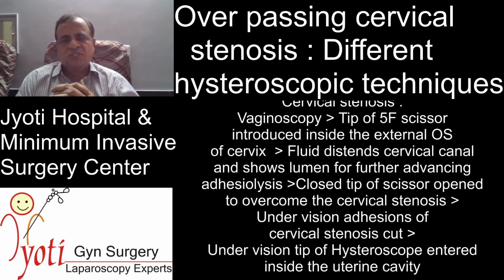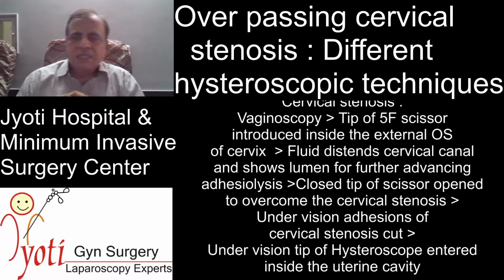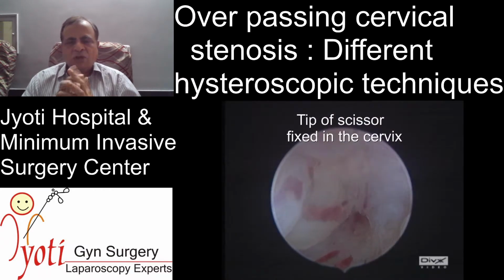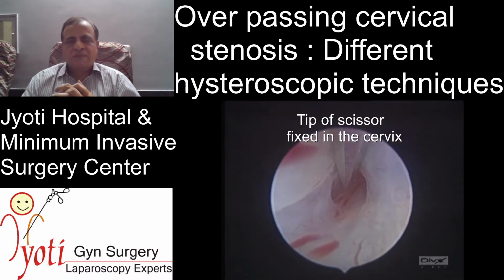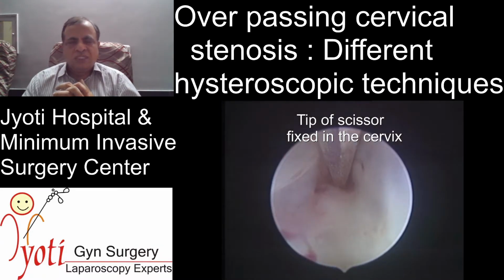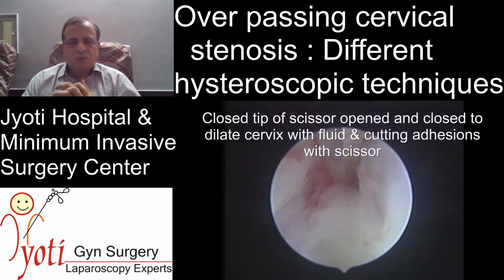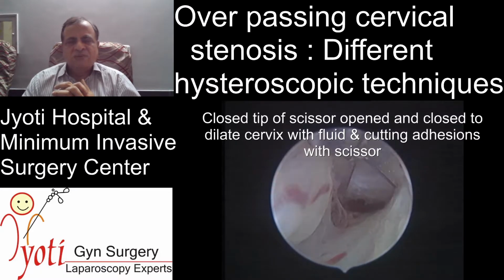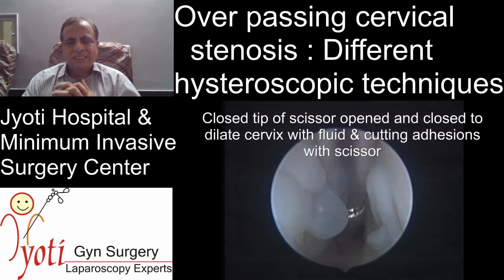This is overpassing the cervical stenosis. This is another scenario where it's difficult to introduce the tip of the scope. What you do now is a vaginoscopy. Just introduce the 5 French tip of the scissor. That will always be possible to introduce. Then you just push the closed scissor, open it and close it, and this is how it will create a mechanical space